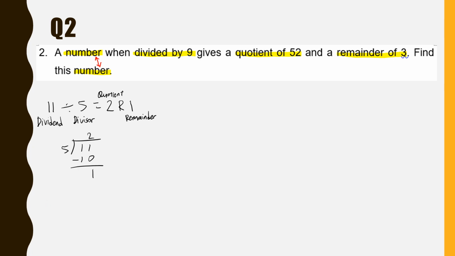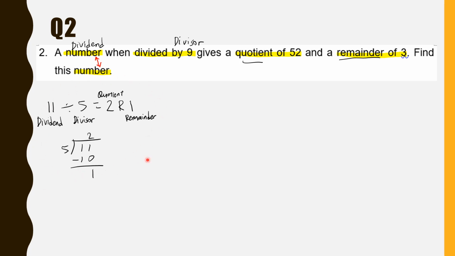So the number over here is actually the dividend. It's called the dividend. 9 is the divisor. 52 is the quotient. And 3 is the remainder. So let's make sense of this over here and make it a bit more simple for you. Let's form an equation using what we have here to see how the dividend, divisor, quotient and remainder are